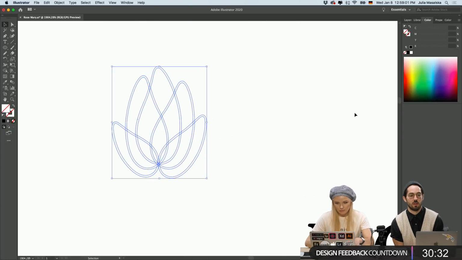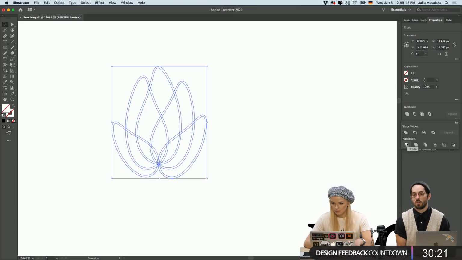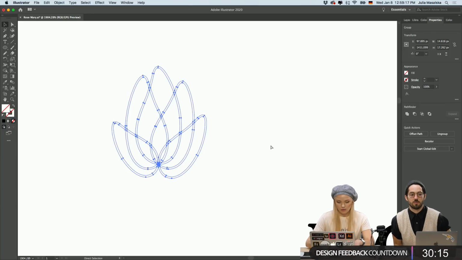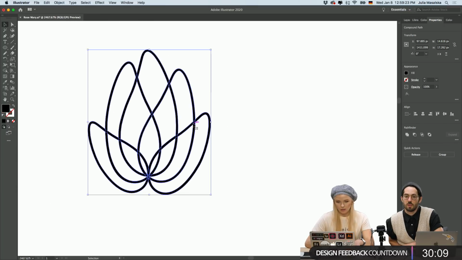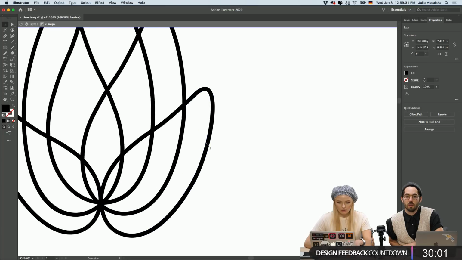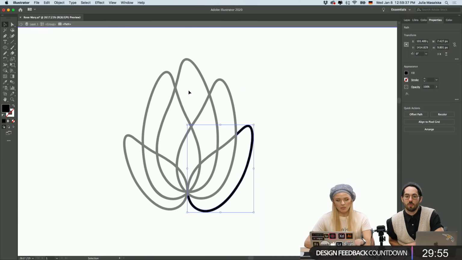I wish I could connect them somehow. Ryan says if you keep it as paths and divide, it probably would work. Divide? So maybe if we keep them as paths and then hit divide. Okay, let's try this. Keep them as paths and then divide. Okay, yeah, that works. The only thing is what I actually wanted to do is make the shapes that are white right now black. So basically I would like to